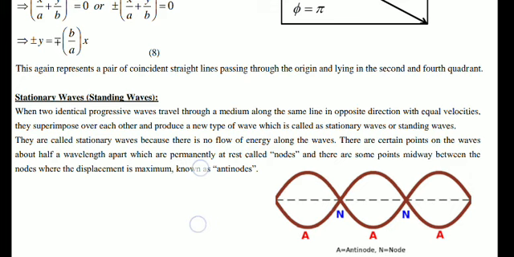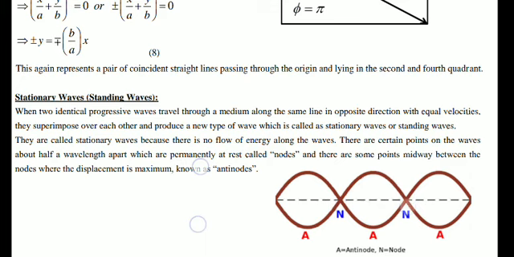So what are the characteristics of a stationary wave? Inside a stationary wave there is no movement of energy from one position to the other. In a stationary wave, there is a formation of alternate nodes and antinodes, and we will see in the next formulation that the distance between a node and antinode is lambda by 4, and the distance between two antinodes or two nodes is lambda by 2. It can be easily seen from this particular diagram.